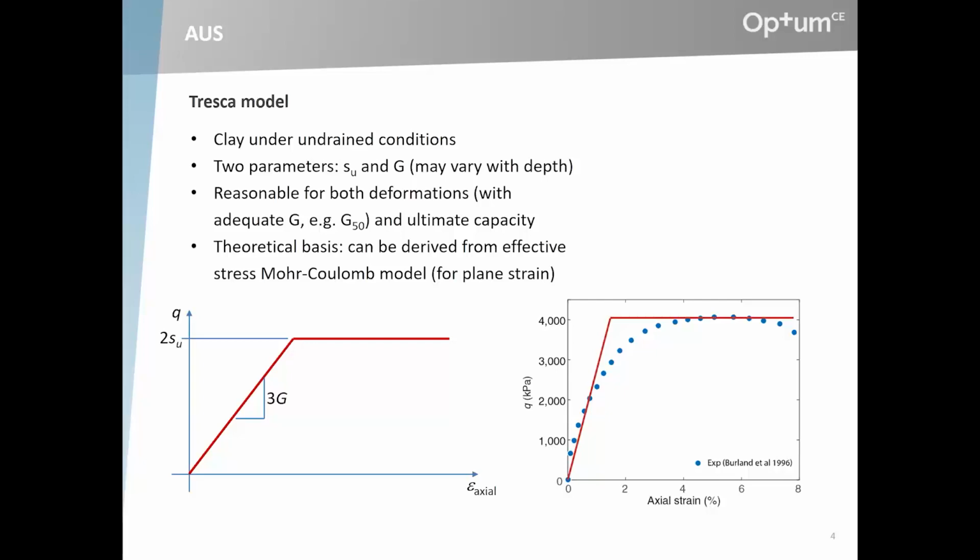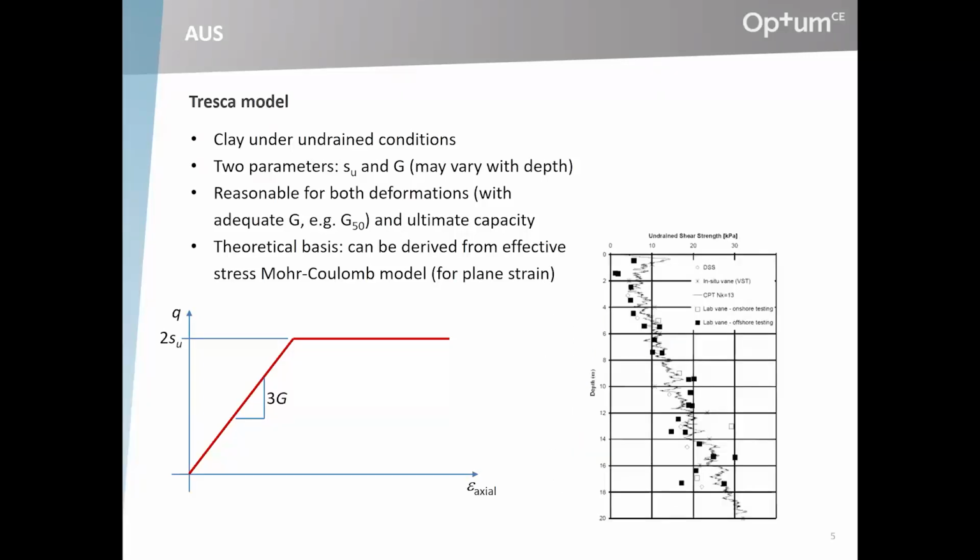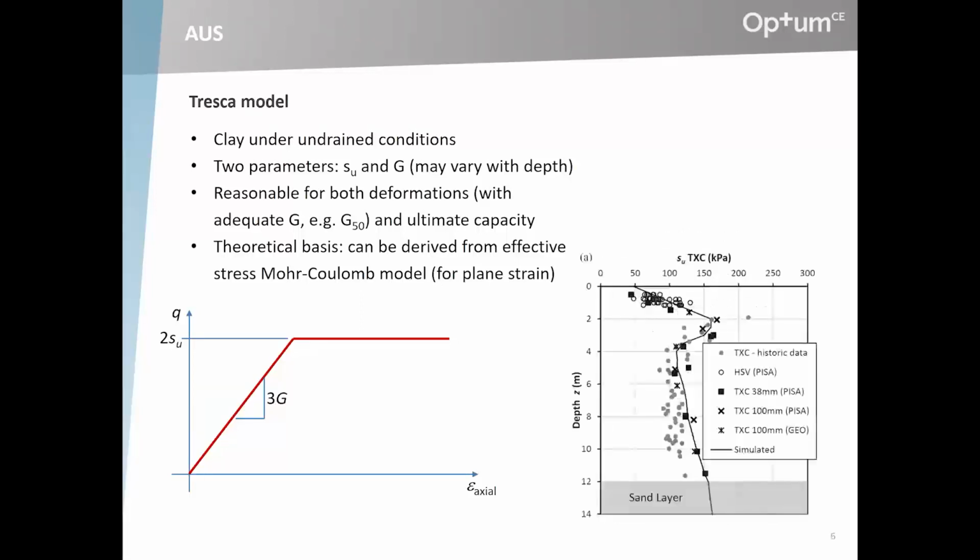And of course, SU very often varies with depth. So for example, an approximately linear distribution is shown here, or something like what is shown here. This is from, I believe, the Cowden site from the PISA project, where I've taken this. So we have kind of a crust, a higher strength near the ground surface, and then a decrease in strength at some depth, and then a more gentle increase of strength with depth